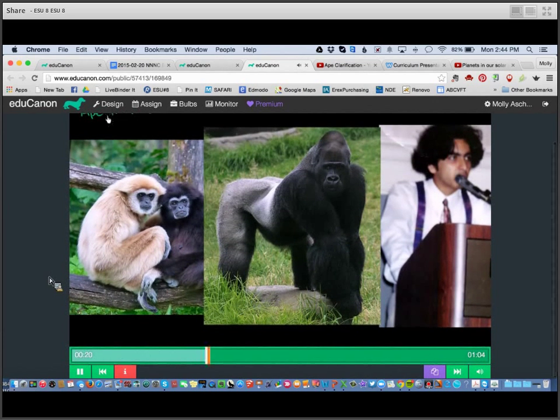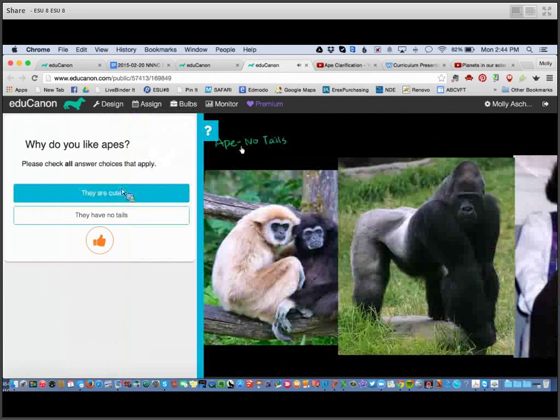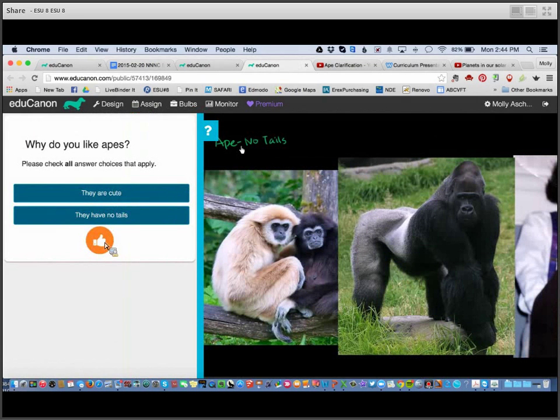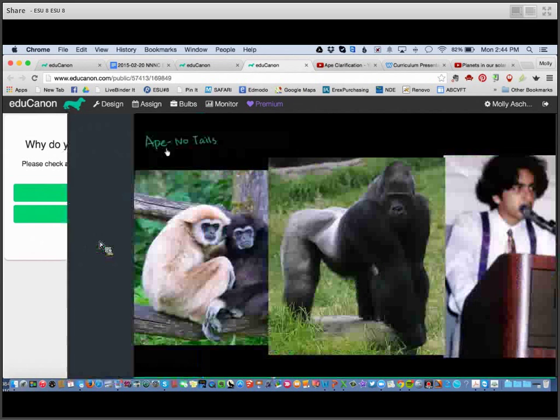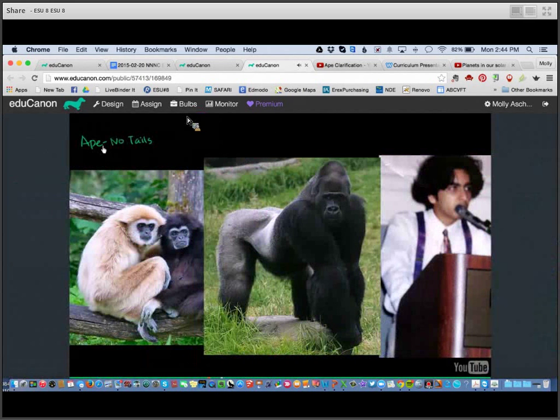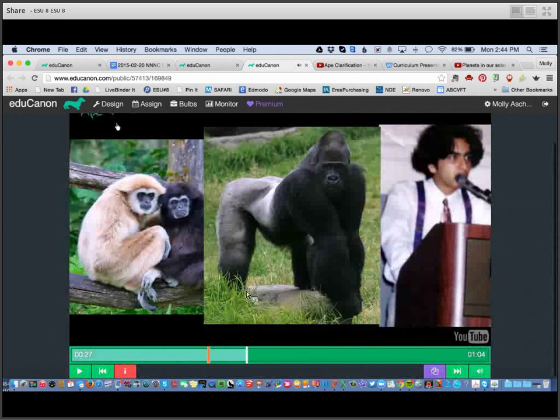All right, so they're cute and they have no tails. And then I can go see other primates that also have no tails. Okay, so I finished that